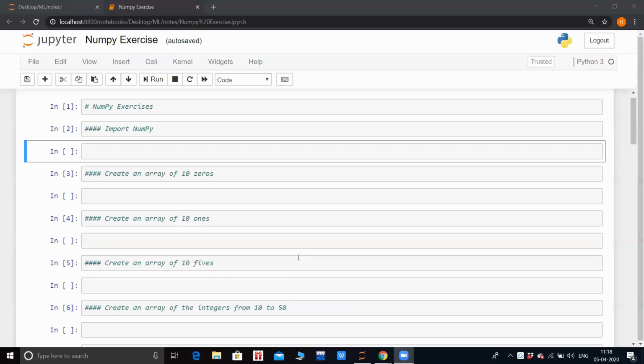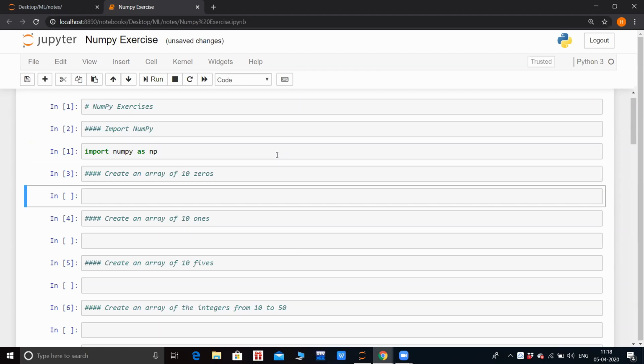Okay, I'll unmute you. I'll mute you all again. I'll start with my session now. So I'll give you 2 minutes. Everyone can call this library first. Import NumPy as np. Press Shift Enter.